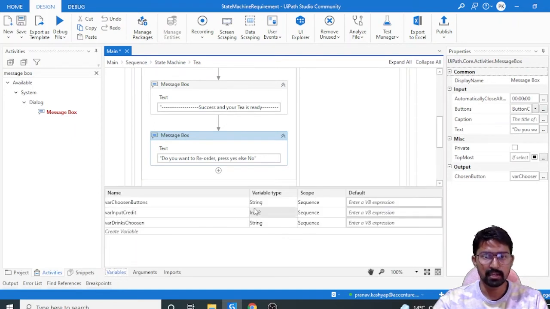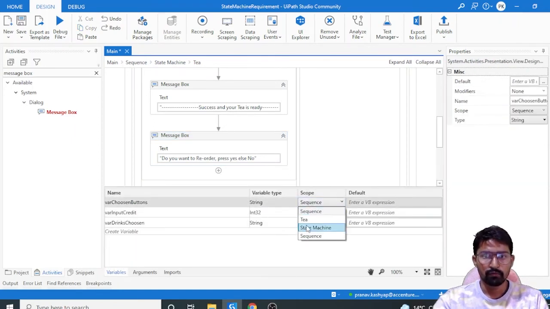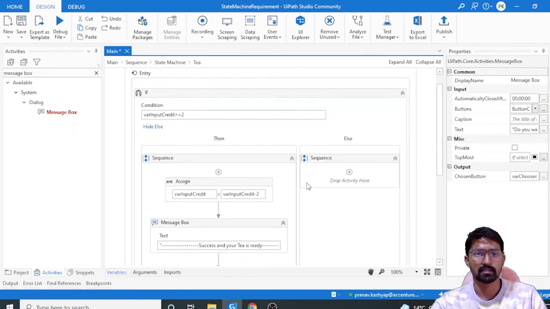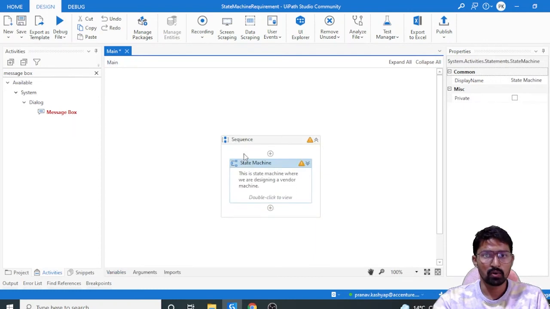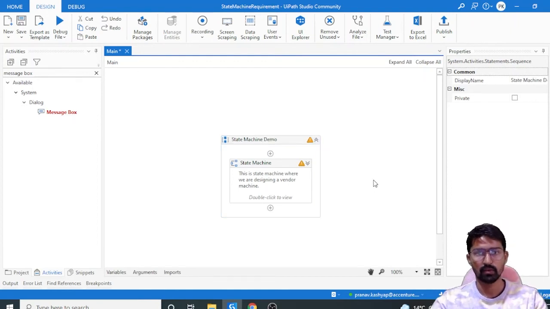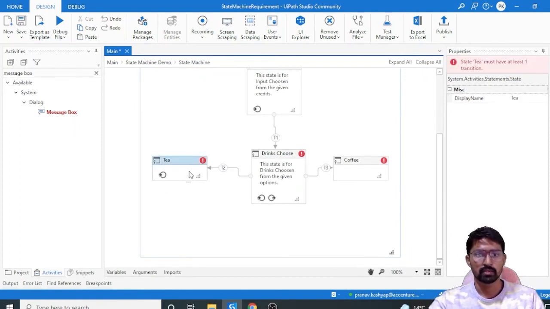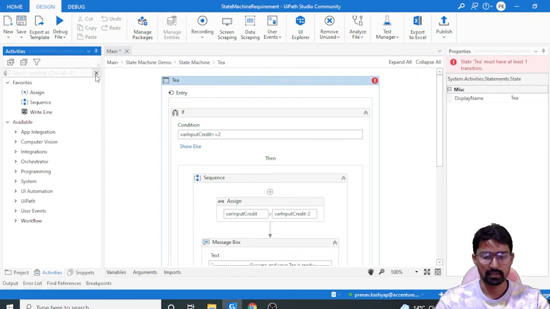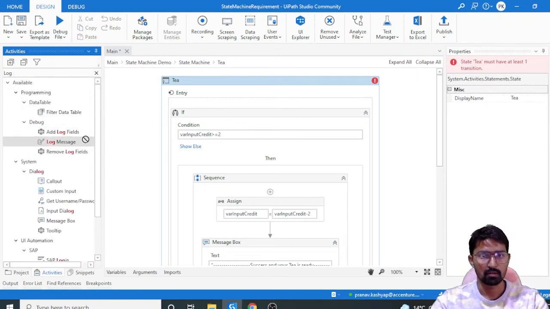Let me change the scope to global, so that it will be in the global sequence, so that we can access it everywhere. Or let me do one more thing. Let me make it a state machine, so that it will be more meaningful. State machine demo. Okay. So now the sequence was coming two times, so it was creating difficulty. So what I did, if everything is fine, I have not added log messages. So let me add a log message